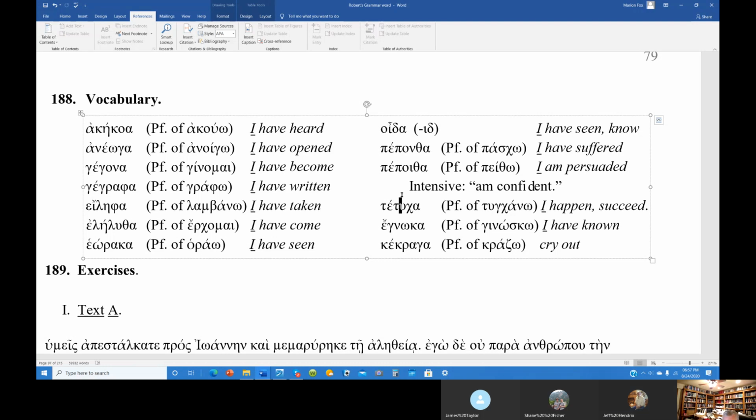I think it was around 1500 or so. Okay. Right. Tetuchka,